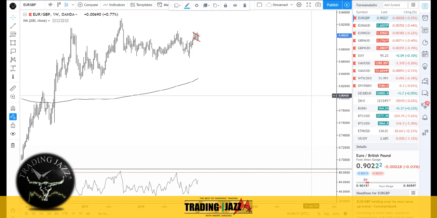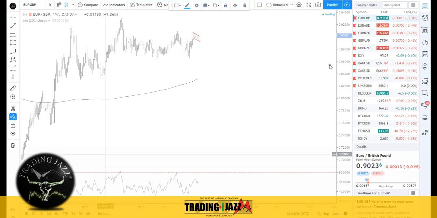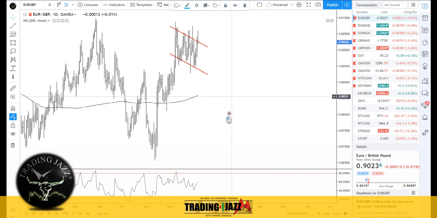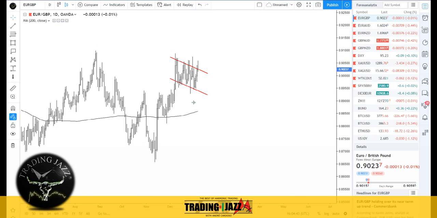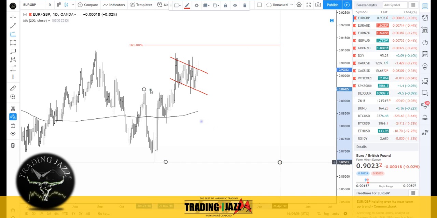What we have here, we're still trading in a long sideways process. Let me go into a daily time frame. And my idea here was, let me push my extension tools. An extension from this last swing projected above and searching for the 168 extension. So